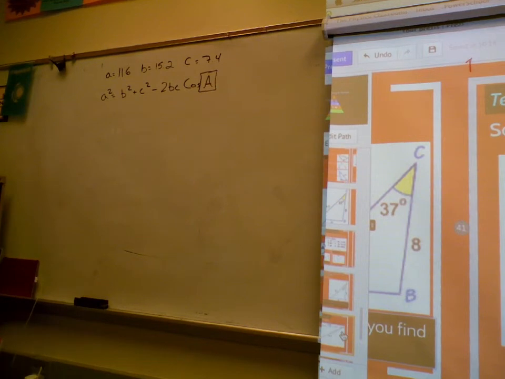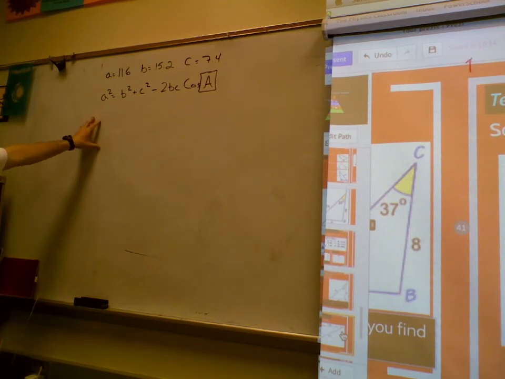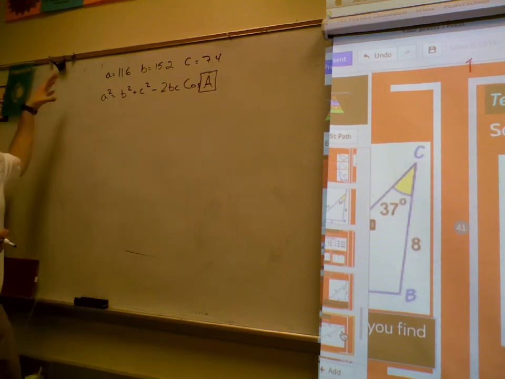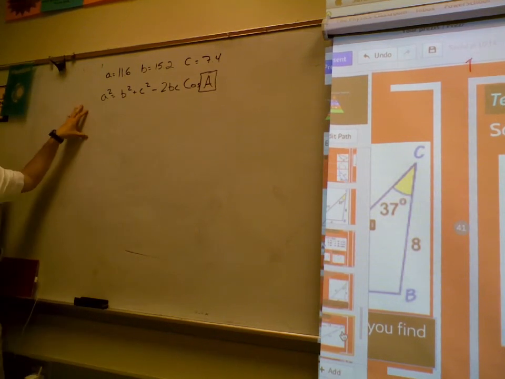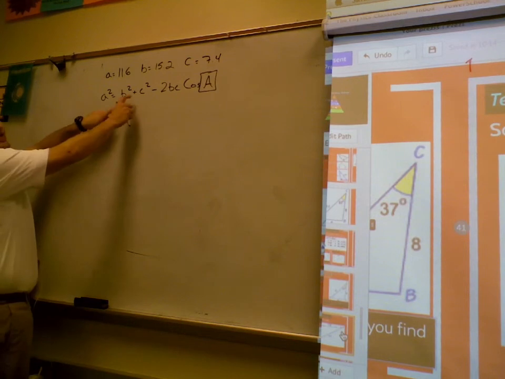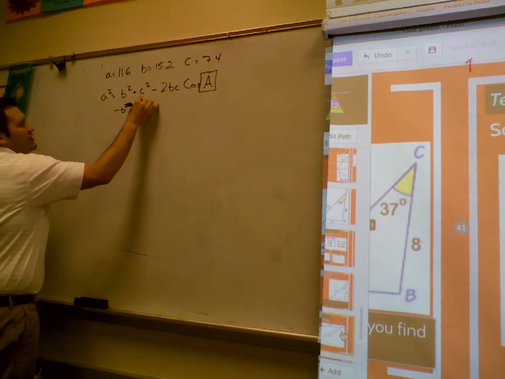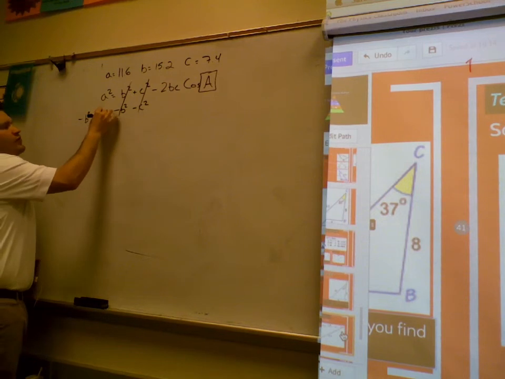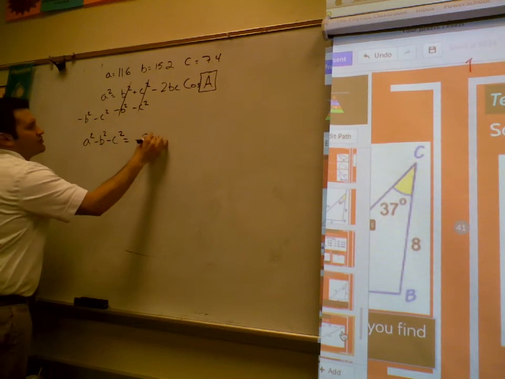Divide by A squared? A squared's not doing anything. He's over by himself. Why do we want it over here? We want A by itself, don't we? So how do I move this stuff over here? Not times A, not divide. These are being added, so subtract them. If we subtract B squared and C squared from A squared, they'll cancel here. So we have A squared minus B squared minus C squared equals negative 2BC